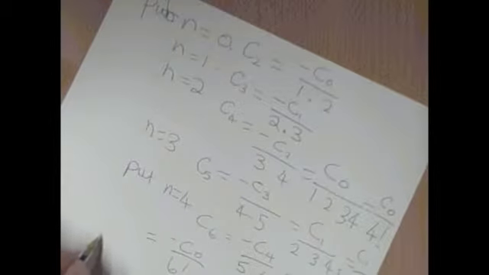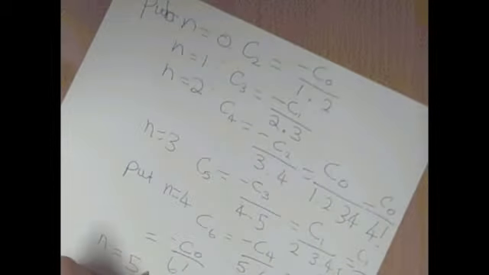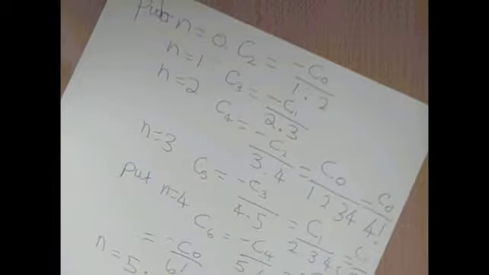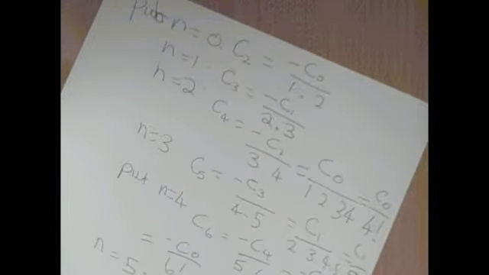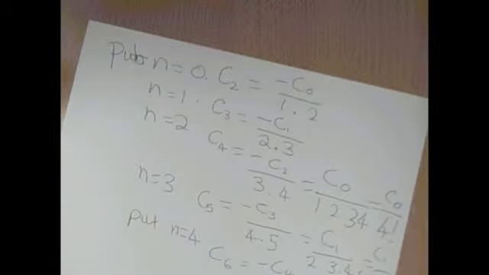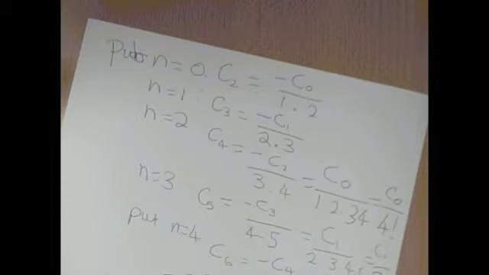Now finally we want to put n equal to 5, which is c7, which is equal to minus c5 over 6 times 7, which is equal to minus c1 over 5 factorial times 6 times 7, which goes to minus c1 over 7 factorial. By now we see a pattern. So for the even coefficients,